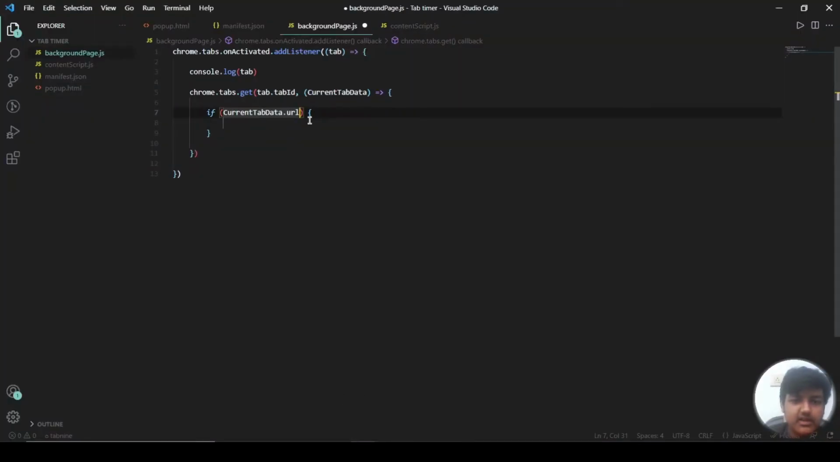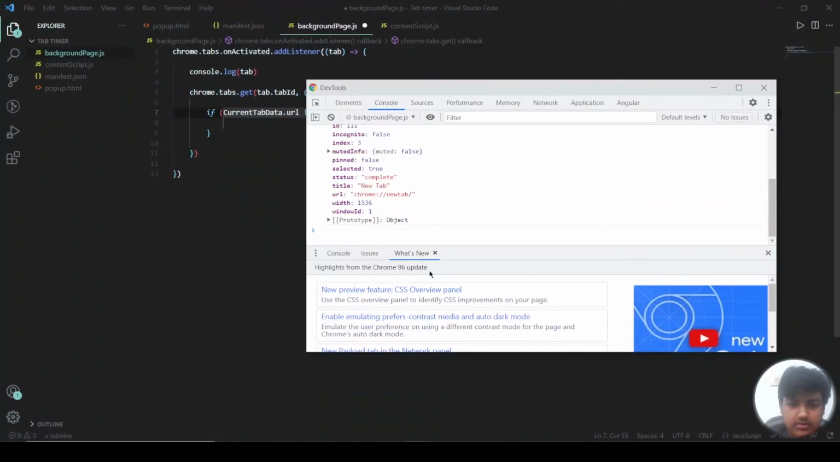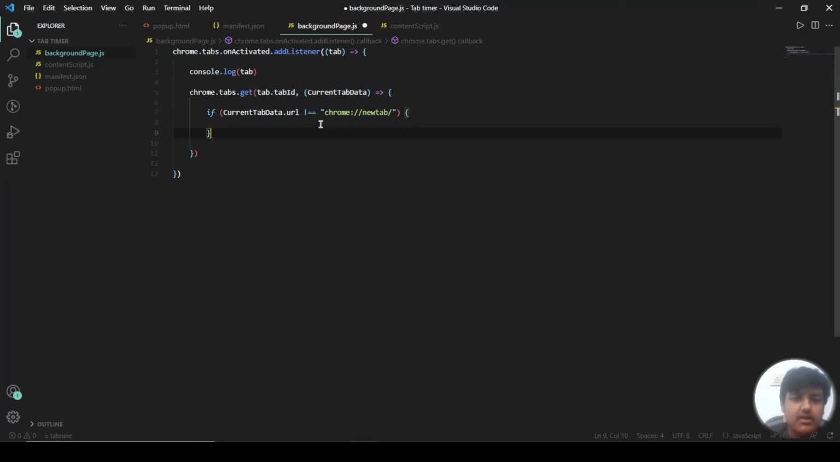So I will check if currentTabData.url is not equal to chrome://newtab/, something like that. So now I have added an if statement checking whether the current tab is a Chrome new tab or not. If it is not a Chrome new tab, I want to inject the content script into it. Now for injecting content script into this from the background page,